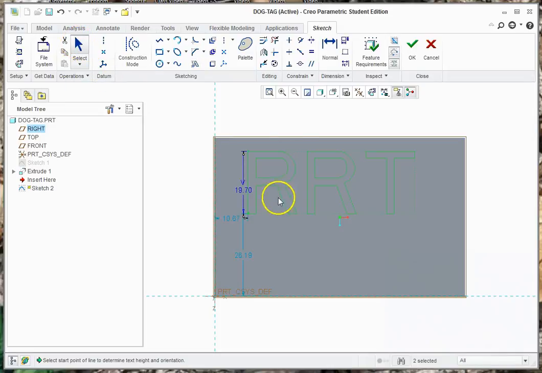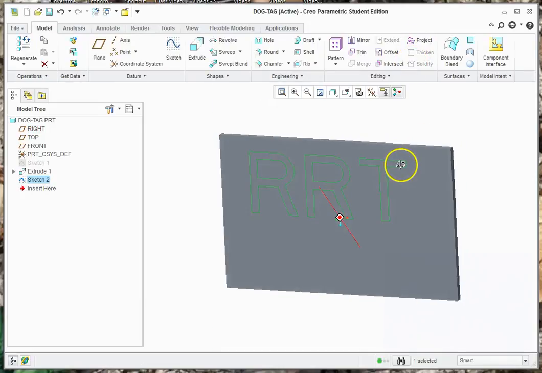If I go to the select tool, I can now click on my text, left click and hold, and I can move that text around where I want. I'm going to change this height to 20. Mine's measuring from here, yours may be measuring from a different spot. That's up to you. You can move it where you want. I'm going to change mine to 10, and it's going to be 25 on the bottom. That's where mine's measuring from. You may have different measurements. Don't worry about it. Just line it up where you like it. It's that easy. Once you like it, hit the green check,